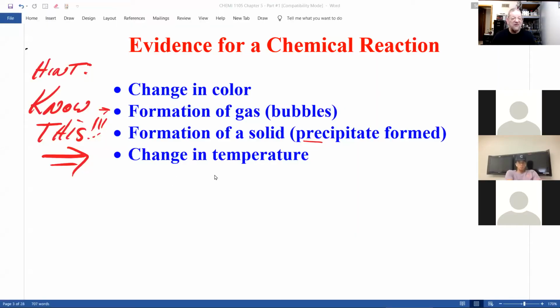Now, good news, tomorrow we'll be doing a chemical lab where you will be looking for whether, when you mix two things together, you get a chemical reaction. And I'll talk about this again tomorrow. When you see a color change, that's a chemical reaction. Formation of a gas, meaning bubbles, chemical reaction. Formation of a solid, chemical reaction. And a change in temperature, it gets cold or hot when you mix two things together, that's a chemical reaction. And you'll be doing this in Beyond Labz, which reminds me of something.